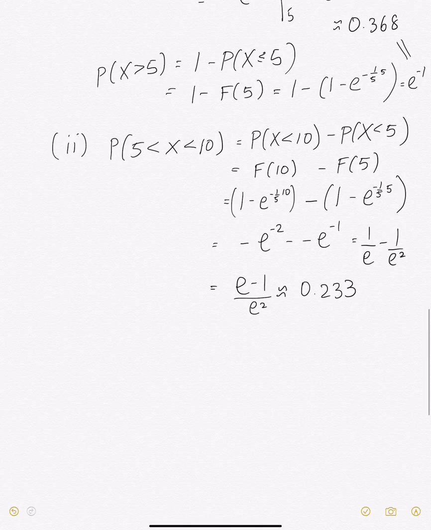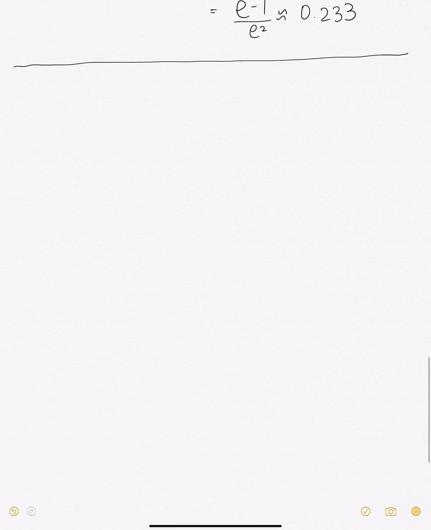Okay, so now let's discuss this neat property of the exponential random variable. What you have with an exponential random variable is that the random variable is memoryless. Okay, so to look at what this is, first let's look at the definition of memoryless. A random variable